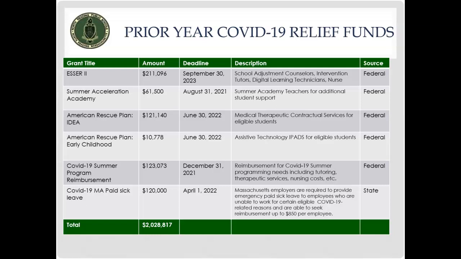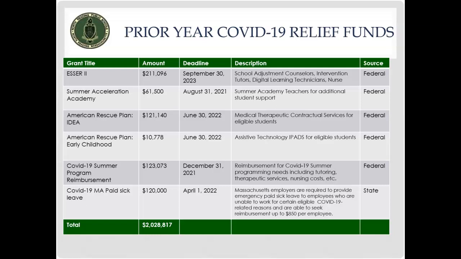So as you can see, we've received a little over $2 million over the last number of years to help support all expenses that can be characterized and related to the COVID-19 pandemic, for different things related to technology, learning loss, tutoring, social emotional support and services, protective equipment, HVAC upgrades, everything that has been related to the pandemic.